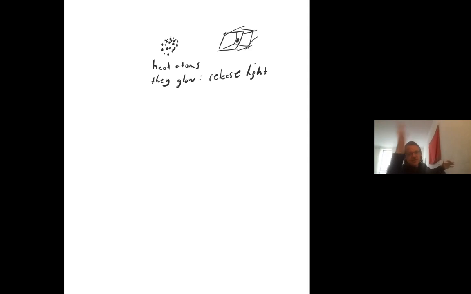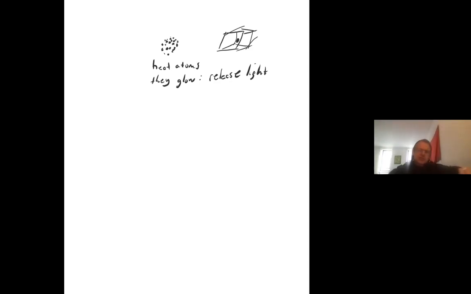The sun does that, right? The sun is sending light. Heat a gas, in fact, that's what the sun is, a hot gas, so it glows. But it doesn't have to be a gas. It could even be a solid. That's essentially the basis of those old electric heaters you would have on a stove. If you turn them really hot, it glows red, and that means it's really hot.